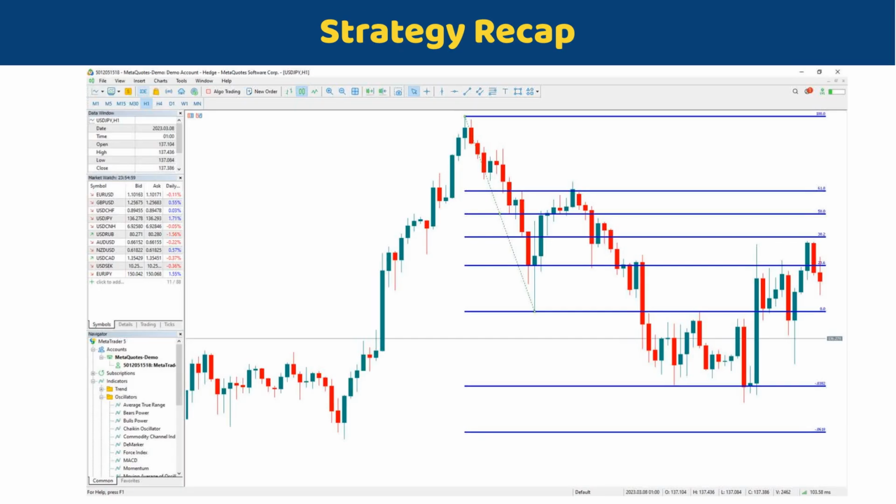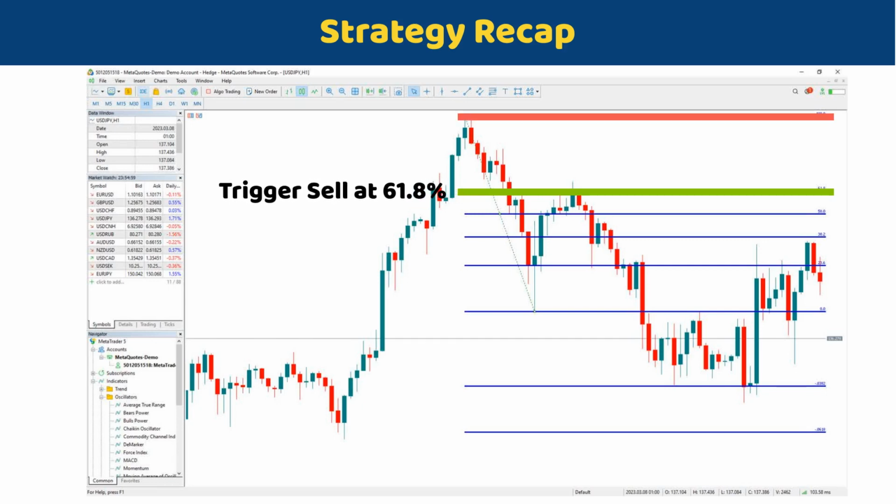The first strategy is always setting a buy or sell limit order at the 61.8% retracement level, ignoring all the other retracement levels. Put a stop at the 100% level and two take profit levels at the 38.2% and 61.8% extensions. The benefits of this strategy is that it provides an excellent risk-reward ratio. It is also an easy set and forget strategy, so you don't have to be constantly monitoring the chart waiting